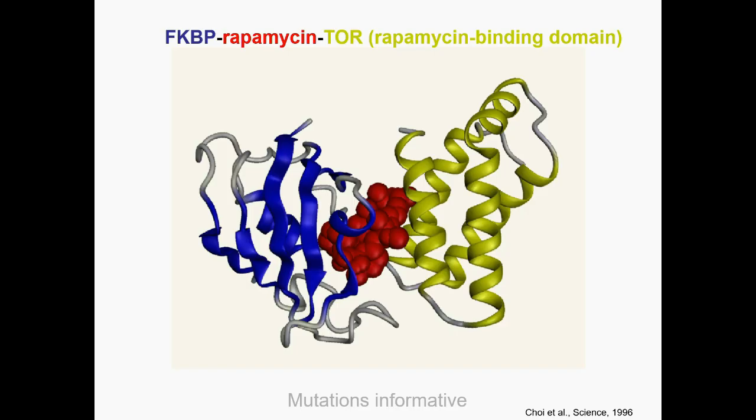We know that rapamycin can bind to TOR in the absence of FKBP, but it cannot inhibit TOR, and we will come to an explanation of that later. So the mutations elucidated the mechanism of action. They also identified the rapamycin binding site in the TOR protein. It's a very large TOR protein. But most importantly, these mutations led to the discovery of TOR itself via cloning of the genes which are now mutated to rapamycin resistance. So what did the TOR proteins turn out to be?